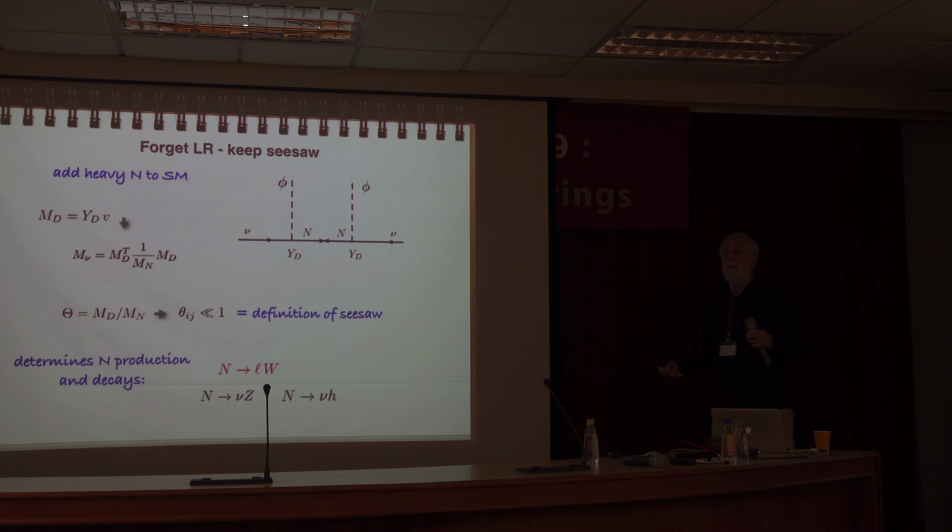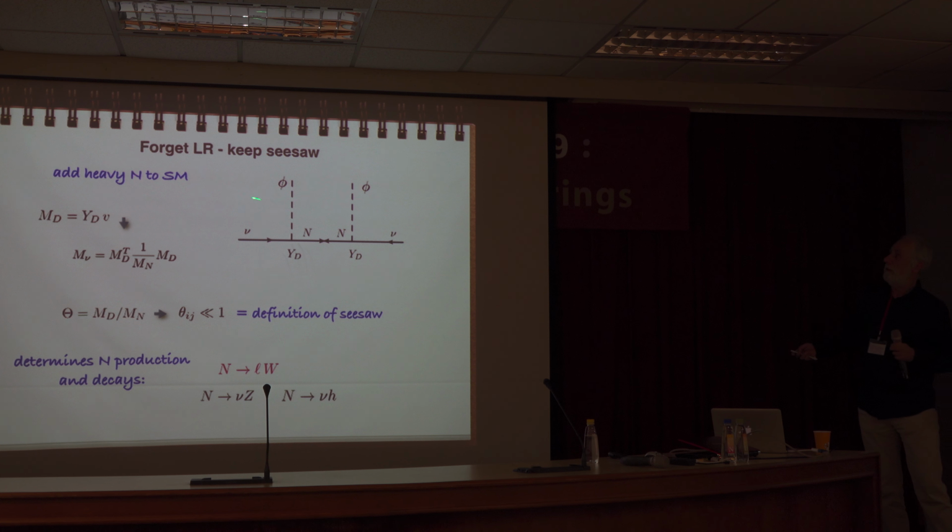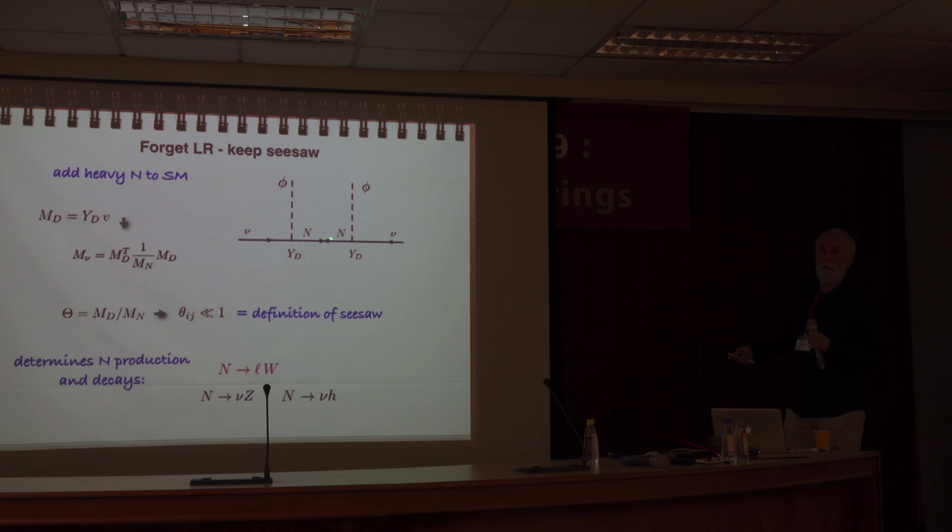Now you can say, who cares about left-right symmetry? Now that you told me that there is this seesaw mechanism, why don't I just forget about it and simply look at the seesaw by itself? I add a right-handed neutrino to the standard model. This is now called the seesaw mechanism. I forget everything about the rest of the picture. Now again, if I want to have a handle on what is going on,